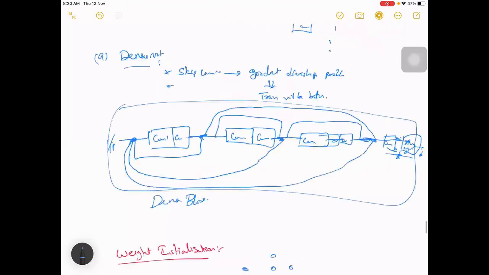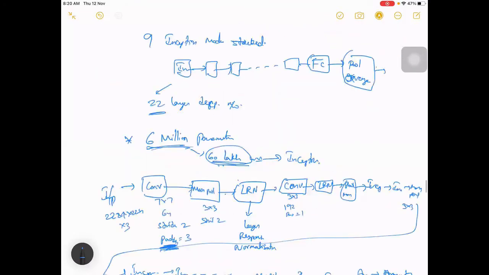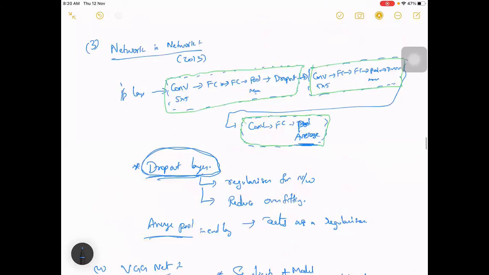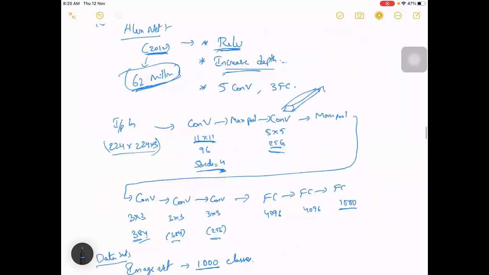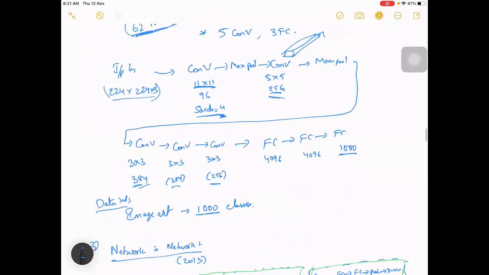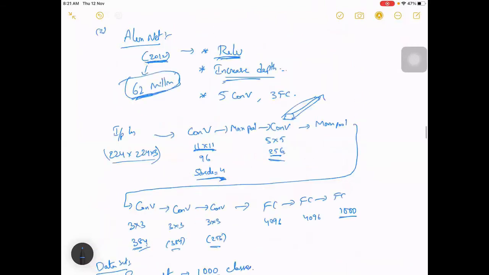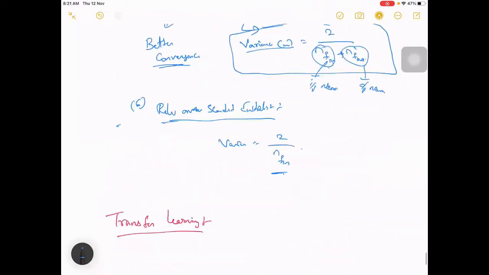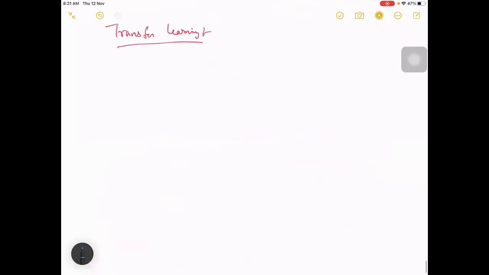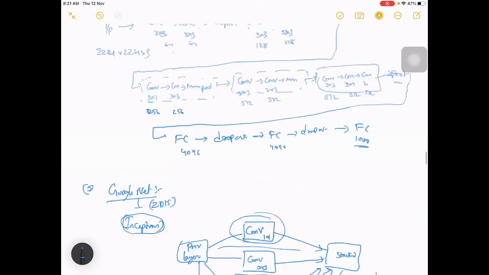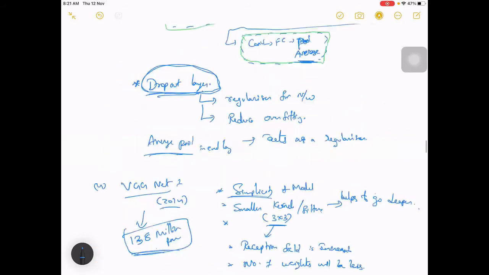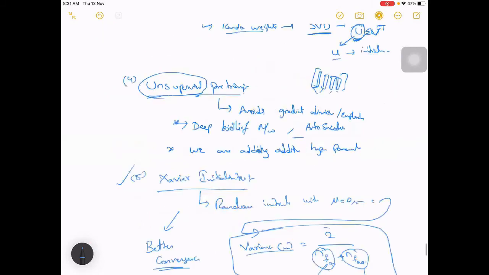Let's take one small example over here. Anything where we know the data set would be good. If you remember, let me take AlexNet. We usually use much later versions, but here let's take AlexNet as an example. It's trained for 1,000 classes, so the input is 224 by 224 by 3.